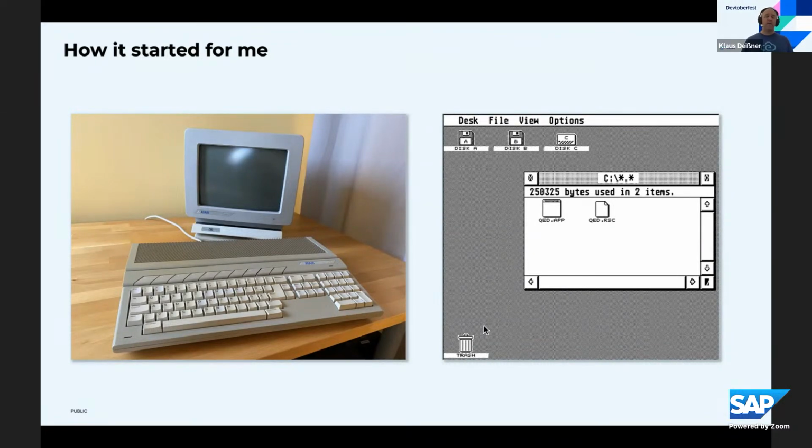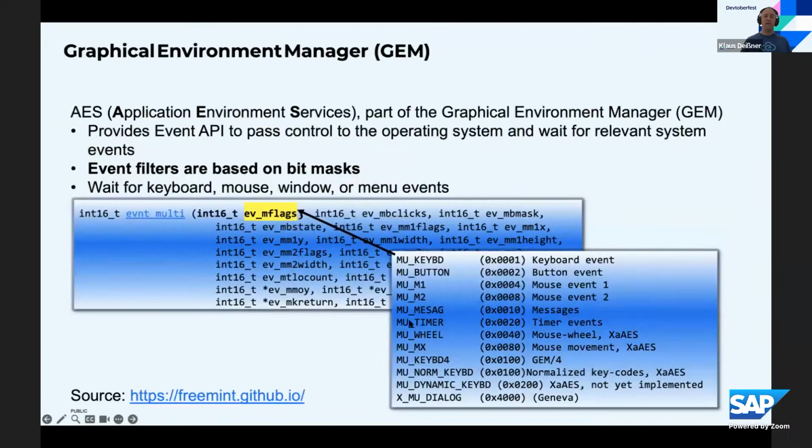And then, of course, I saw those UIs that were available already on that machine. I wanted to do this too. And I was wondering how to do this. Do I have to build all this drawing and rendering on my own and all the I/O handling and so on? But luckily, no. There was this graphical environment manager on this operating system,